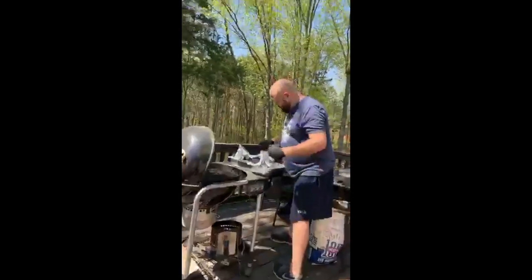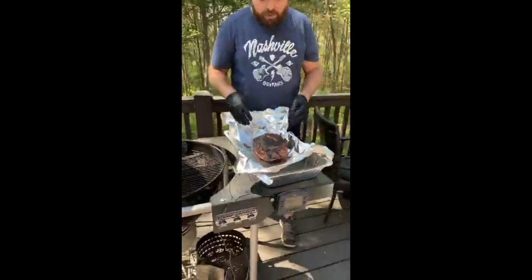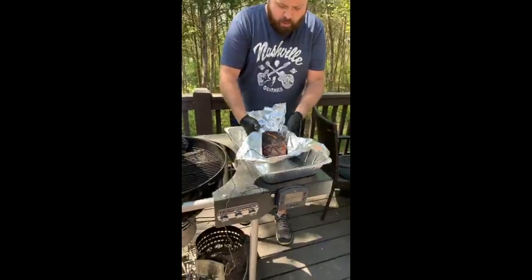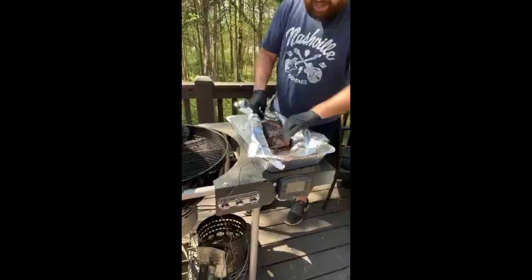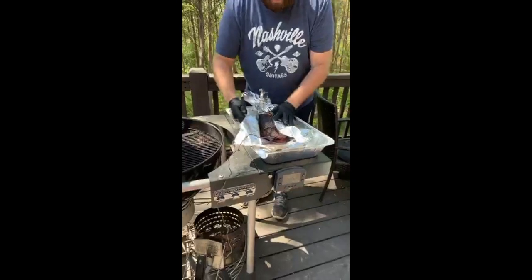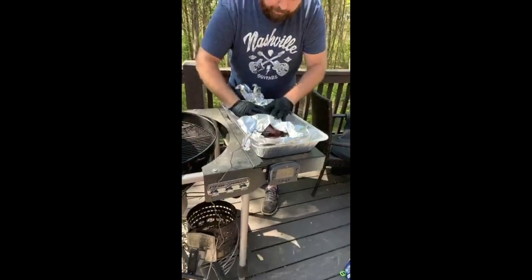So bright. Okay, so like I said, there's a little bit of technique here. The most important thing that we're trying to do is to get this as close as possible. As we said before, using aluminum foil will soften the bark, but we can minimize some of that softness by getting this aluminum foil on here as tightly as possible. That way we're keeping the heat in, but we are not creating a little air pocket for it to create